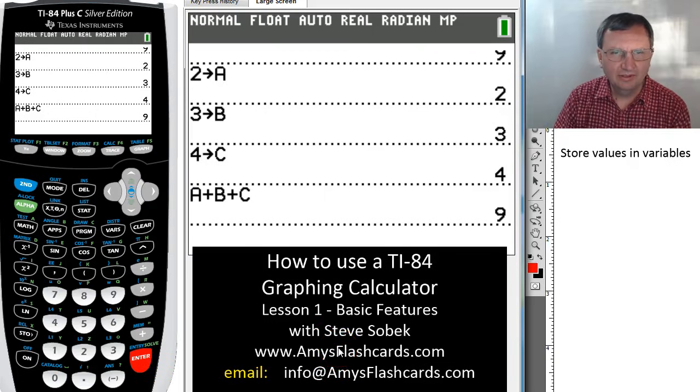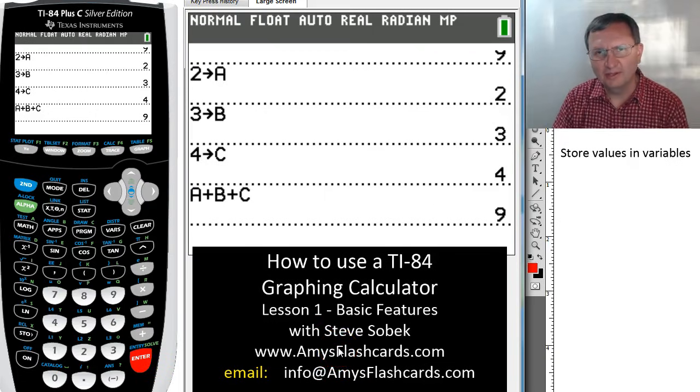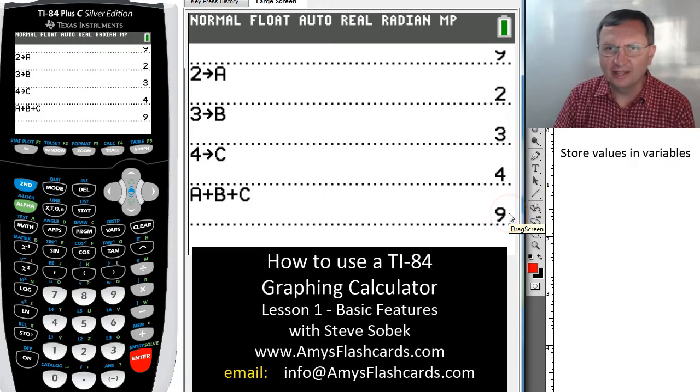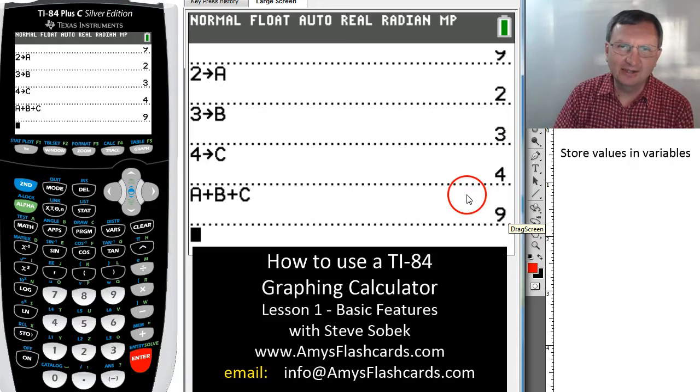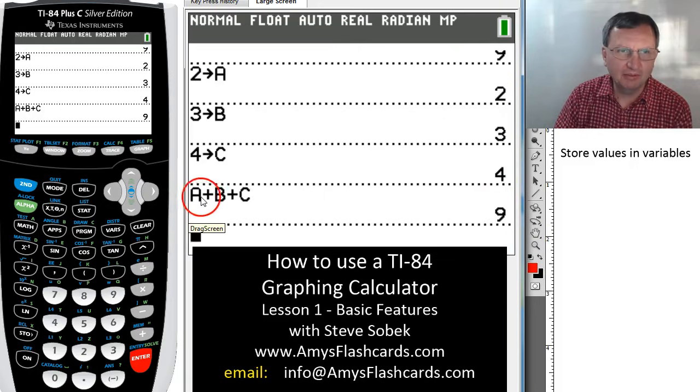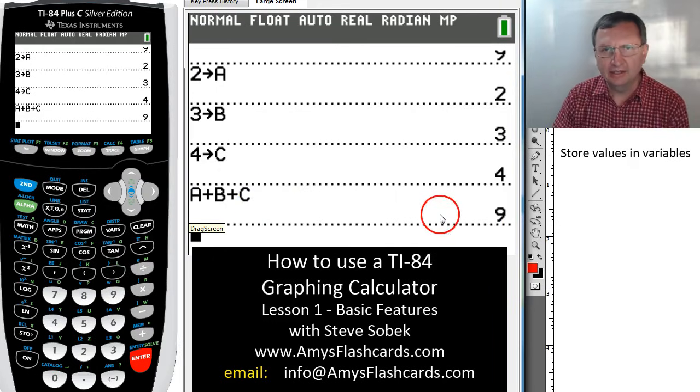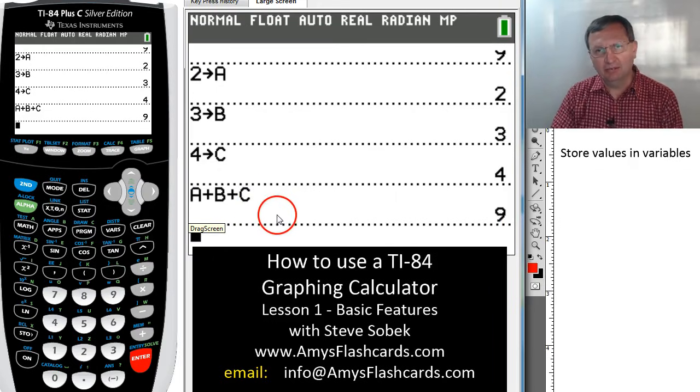what do you think we're going to get? All right. Were you thinking 9? You're a pretty quick thinker. All right. Didn't mean to hit the Enter key that fast, but 2 plus 3 is 5, and 5 plus 4 is 9. Yes, it remembers that this is a 2 plus a 3 plus a 4,